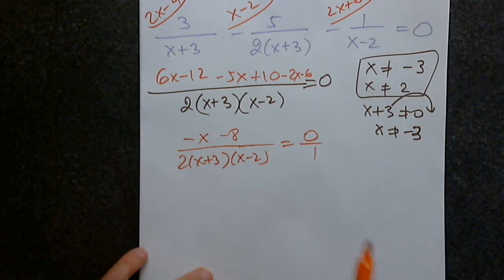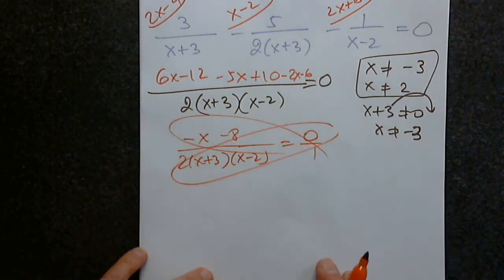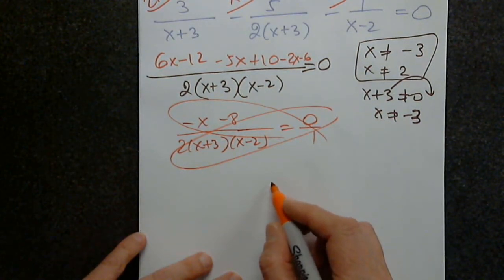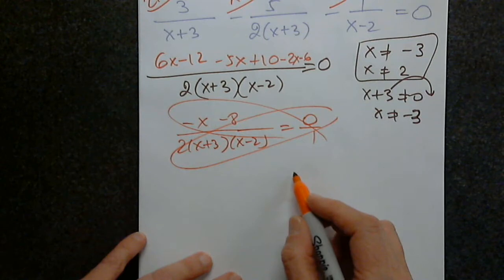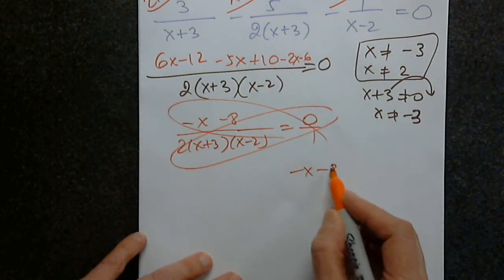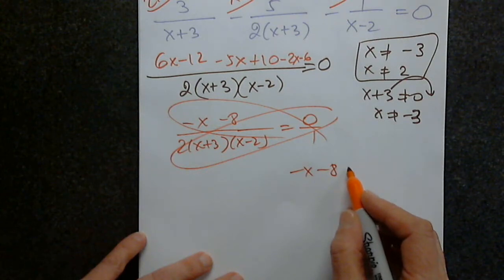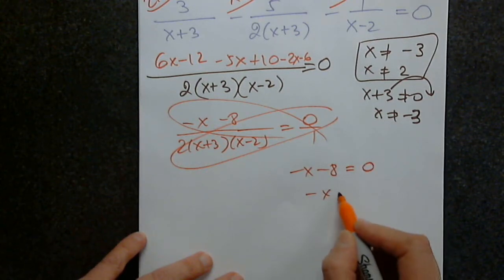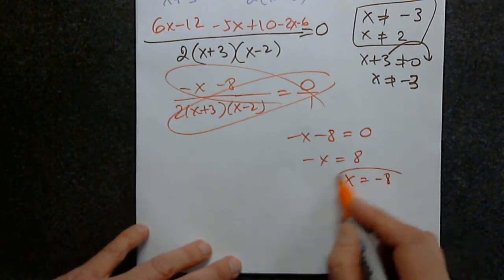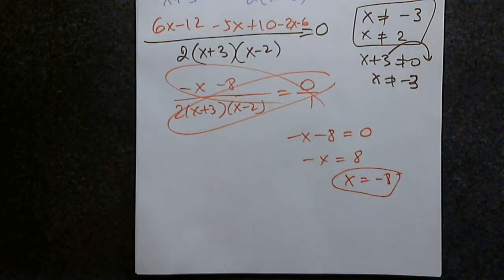Only in a proportion can we cross multiply. Let's cross multiply. What will you write? Negative x, negative 8, equals 0. Which means negative x equals 8, or x equals negative 8. Very good. Awesome. Do you think we need another, or can we